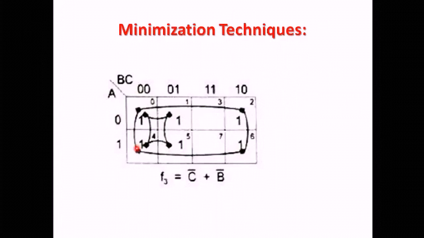Remember this thing: if there is only one 1, you can do the pairing with that one. If there are two ones, you can do the pairing. If there are four ones, you can do pairing. If there are 8 ones, you can do pairing. Or if there are 16 ones, you can do the pairing. We always look for the maximum number of ones that are adjacent to each other, that is the maximum number of squares we can take in the pairing. So here there are 4 ones which are adjacent to each other, so we will be taking this one like this.